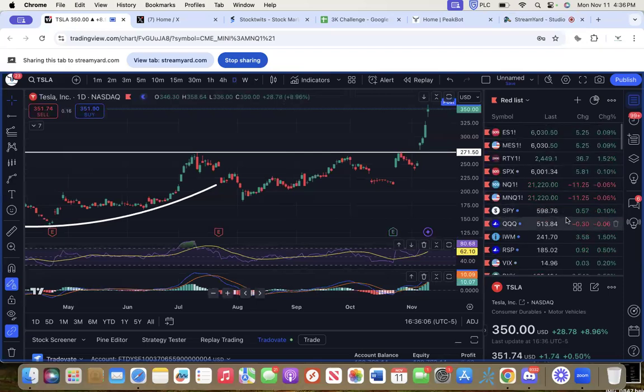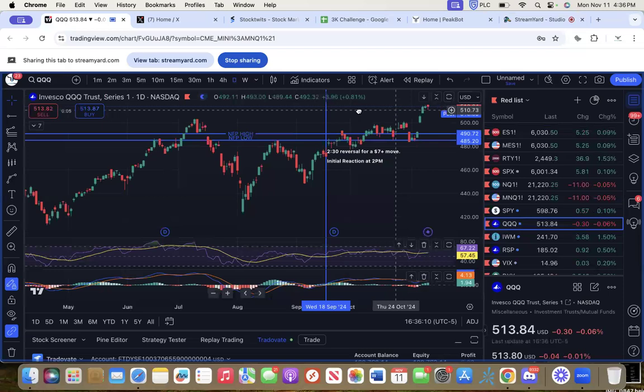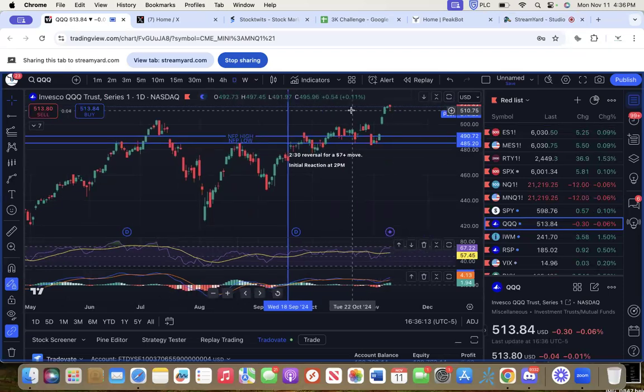I mean, look at QQQ, okay? We just had gap ups on gap ups, and I talked about this this morning. These gap ups are great, okay? But you have to be realistic. After trading this market for almost 10 years now, you have to realize that